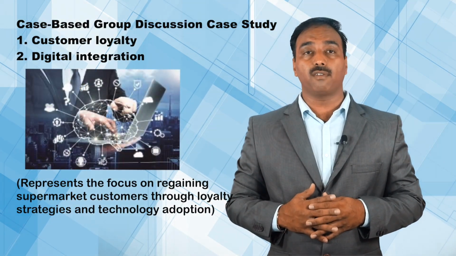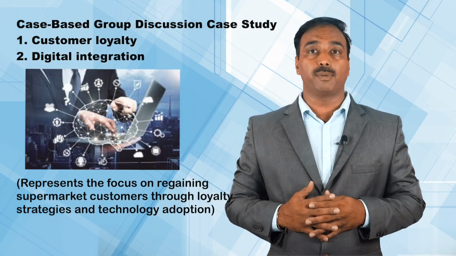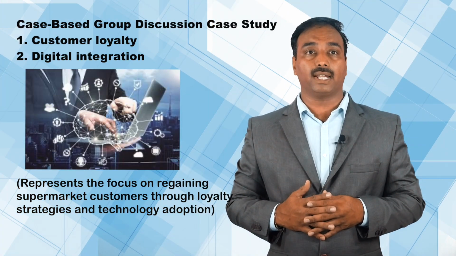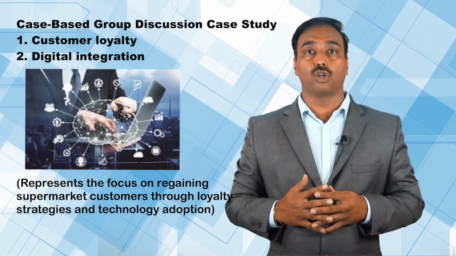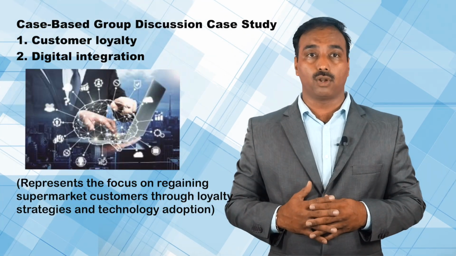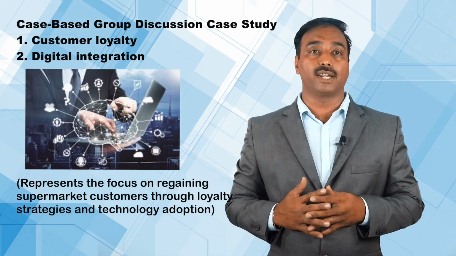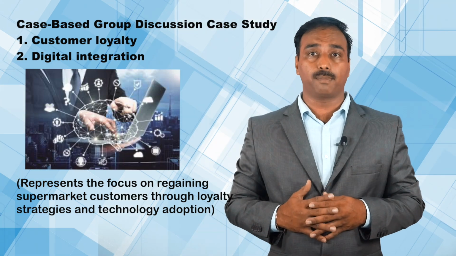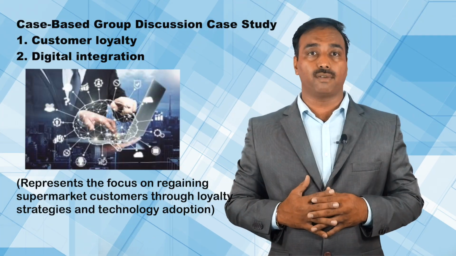During a campus recruitment drive by a retail giant, candidates were presented with a scenario where a large supermarket chain was experiencing a drop in footfall due to the rise of e-commerce platforms. Participants were asked to act as a strategic team to recommend ways to regain customer loyalty. Some candidates focused on loyalty programs, others proposed digital transformation through mobile apps and in-store technology. One student effectively integrated all suggestions into a three-tier strategy involving customer engagement, digital integration, and strategic pricing. The panel chose this candidate for demonstrating synthesis, adaptability, and business awareness.